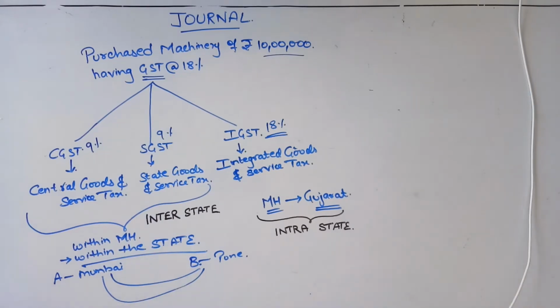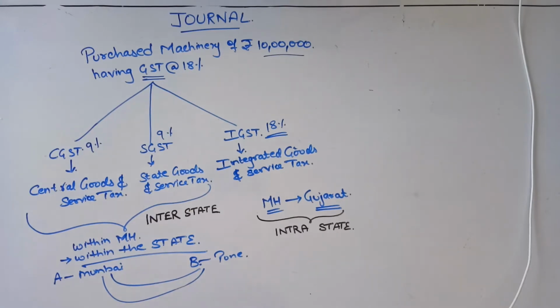Okay, inter means between the two different states. Here we are transacting with two different states, so hence it is called interstate. Over here IGST will be applicable when the GST is on interstate. If it is only intrastate, CGST and SGST will be applicable. Now whenever nothing is being mentioned to us, we'll always consider it as intrastate, which is within the state itself.